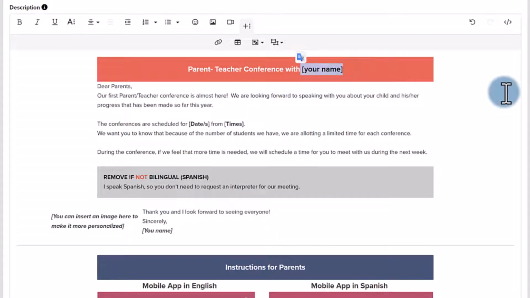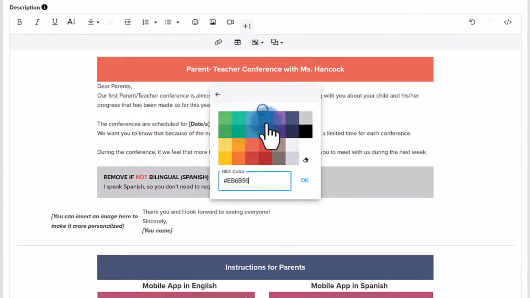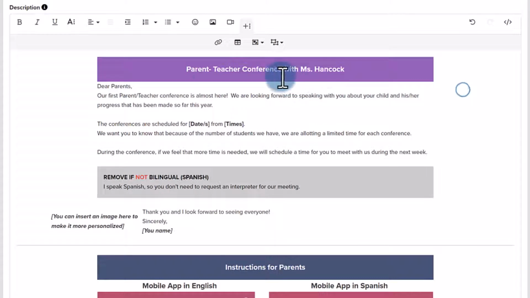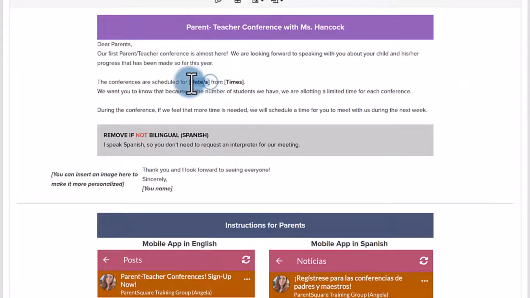So I'm going to come in here and say Parent-Teacher Conference with Ms. Hancock. And any of these blocks here, I can click on and change their color. So I'm going to make this purple. Now read through this here and make sure this is the message you want. Here I'll add my dates